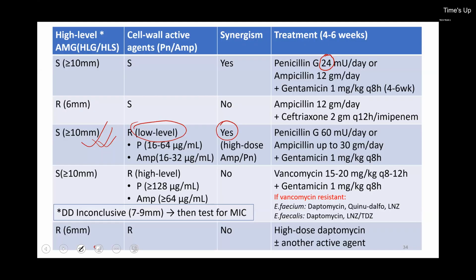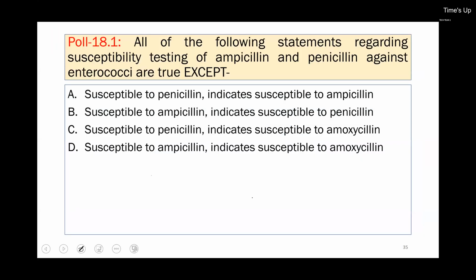So other than 24, we have to use a higher dose. Other than 12 dose of ampicillin, we have to use a higher dose. So we have to use a higher dose of ampicillin and a standard dose of gentamicin. Even if HLG is working, you don't use a higher dose of gentamicin. If our cell wall acting agent is having a high level resistance, synergism is not going to work. Go for alternative therapy. So this is